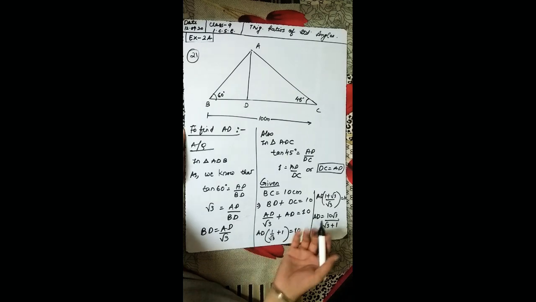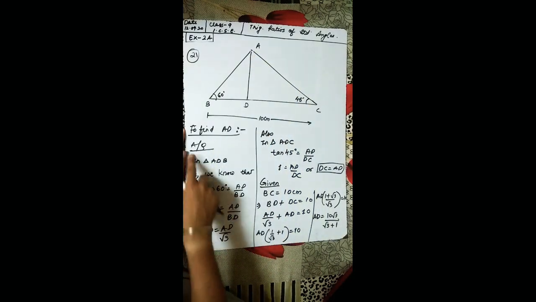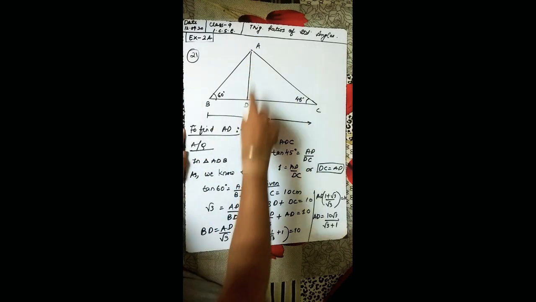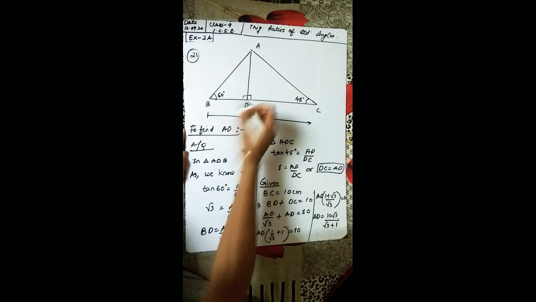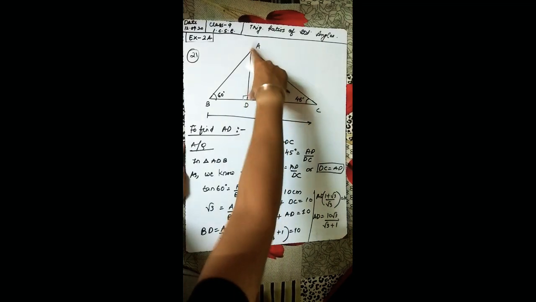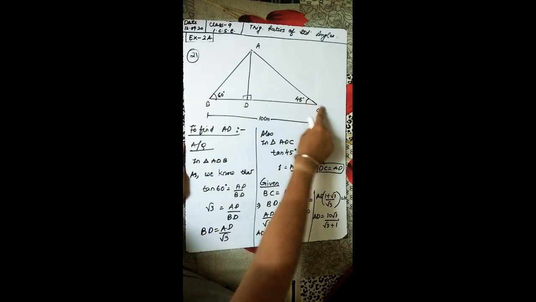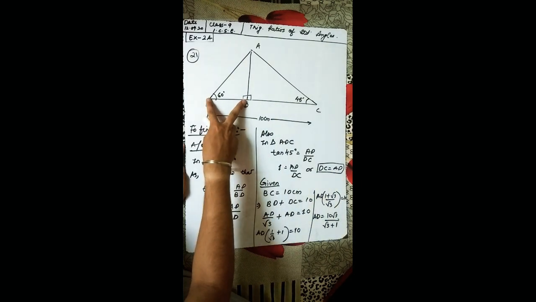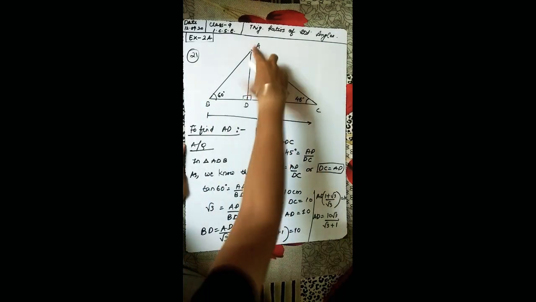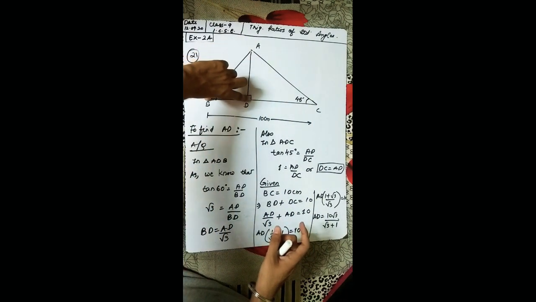Okay, so let us do this. We are given this BC, 10 centimeter. To find AD, we need this AD. According to the question, in triangle ADB, as we know, see, what we want, just go according to it. We need AD and we are given the base, that is 10 centimeter, as a whole, but we'll use the tan only because perpendicular and base, this is to find and this is somewhat we are given.